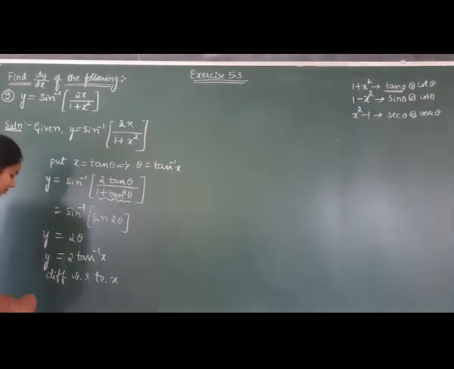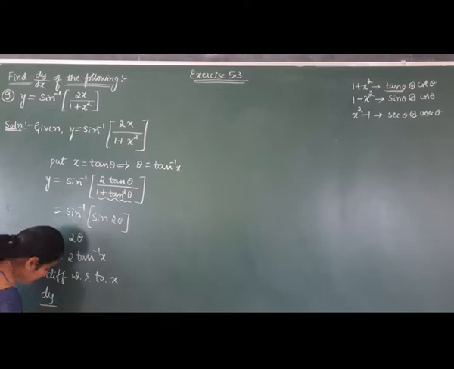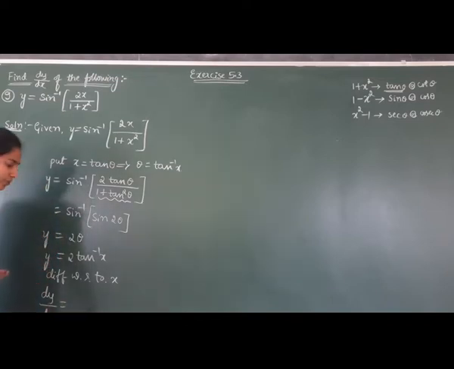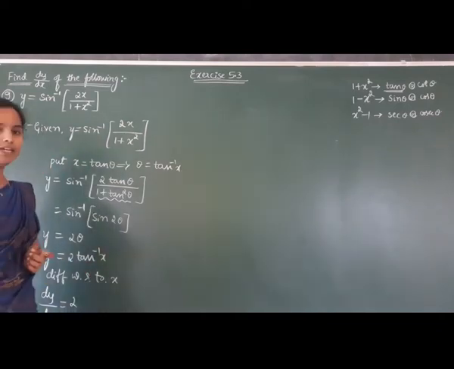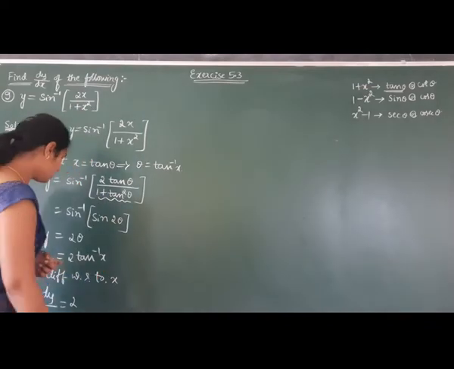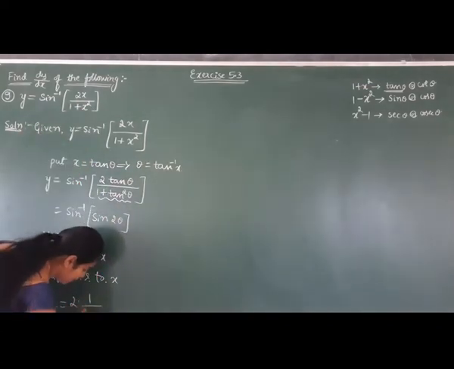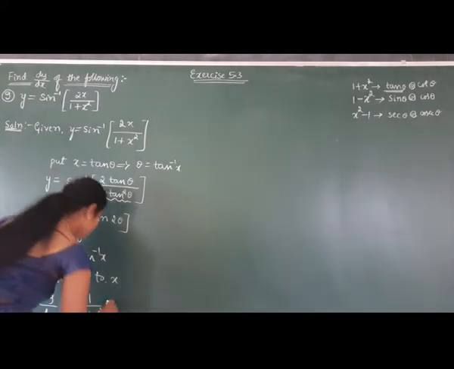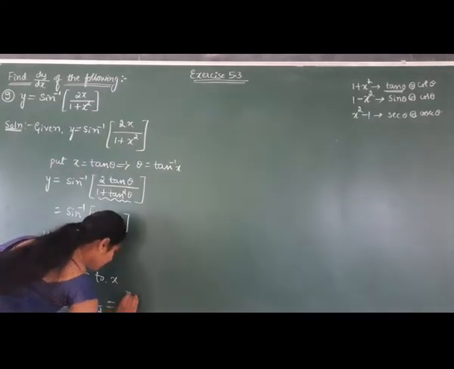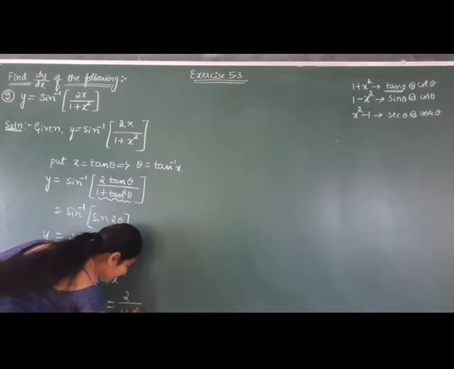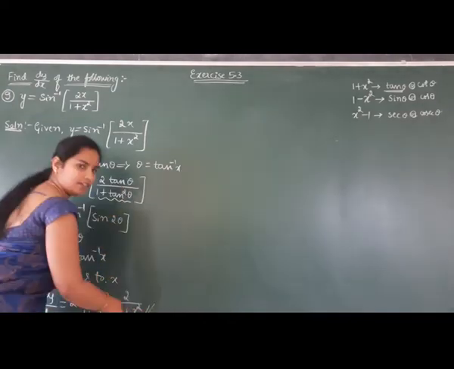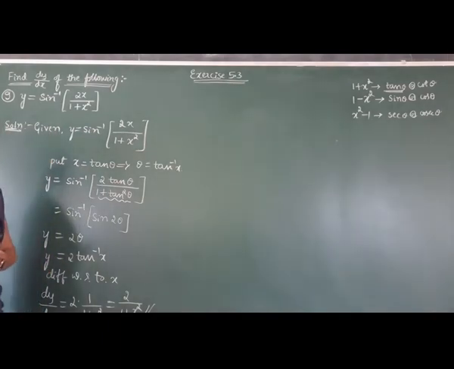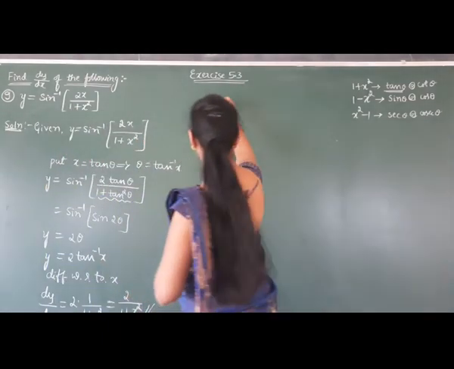Then we have dy by dx is equal to 2 into the derivative of tan inverse x, which is 1 divided by 1 plus x square, right? So 2 into 1 divided by 1 plus x square. Okay? So that is equal to 2 divided by 1 plus x square. Okay? So we got the solution. So the next question is